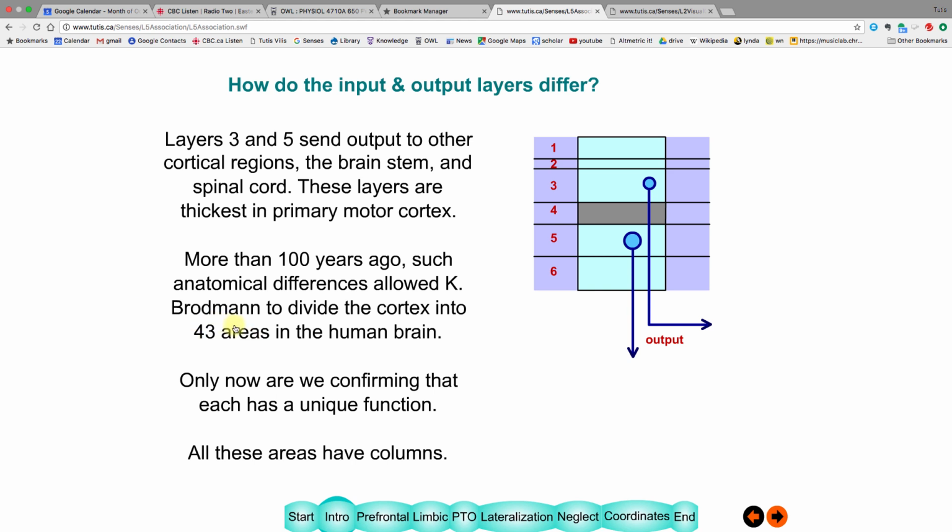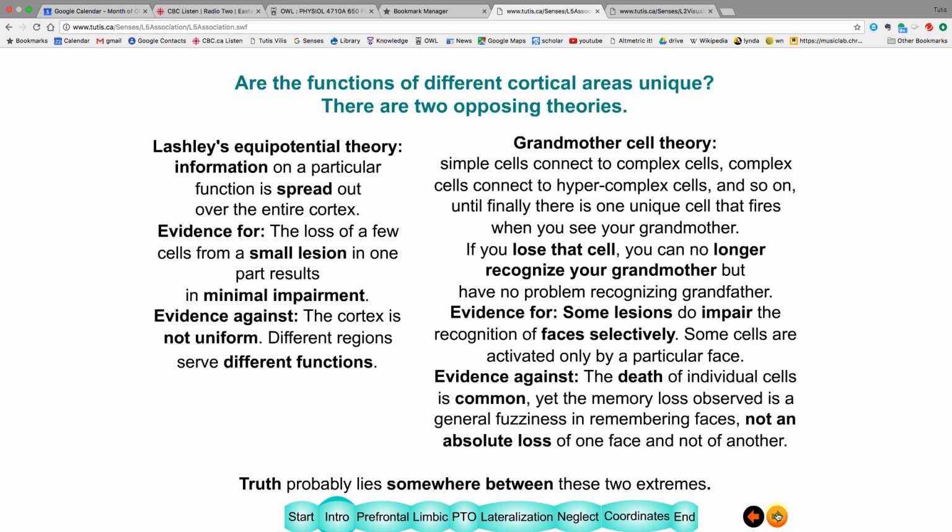And using fMRI and modern techniques, we're rediscovering that in fact these are 43 different areas. But not only that, we're finding that within each one of these areas, there are many subdivisions. And all these areas have columns. So what do all these areas do? Well, there's